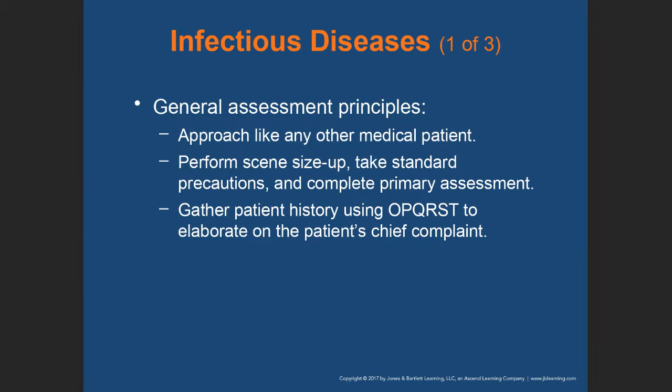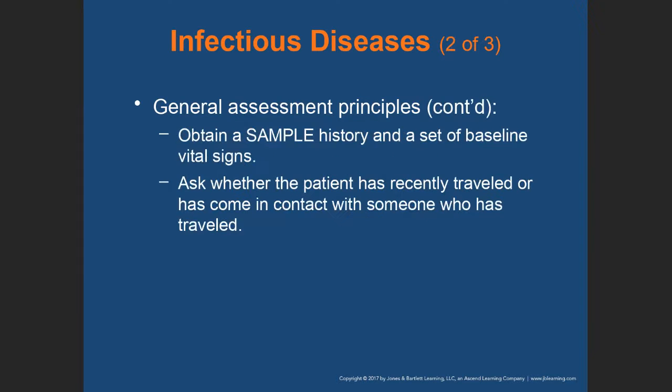Get a patient history using OPQRST to elaborate on the patient's chief complaint. General assessment principles: obtain a SAMPLE history and a set of baseline vital signs. Trust your instinct, right? Because with the COVID-19